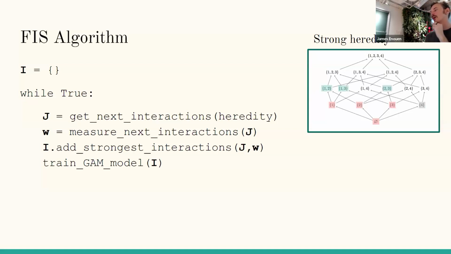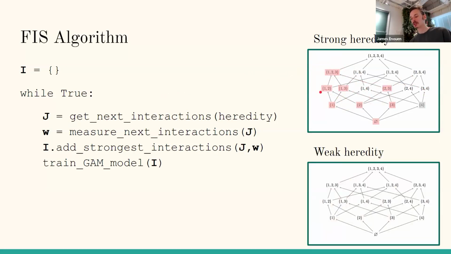So now we're going to look at our next set of interactions, and we're going to look at the two-dimensional pairs. So 1,2, 1,3, and 2,3. That's because both of their components are already included in the model. And that will let us not check these other interactions, which allows us to more easily explore the space and not deal with the exponential explosion. So let's say we add them, then we can search over triples, add.